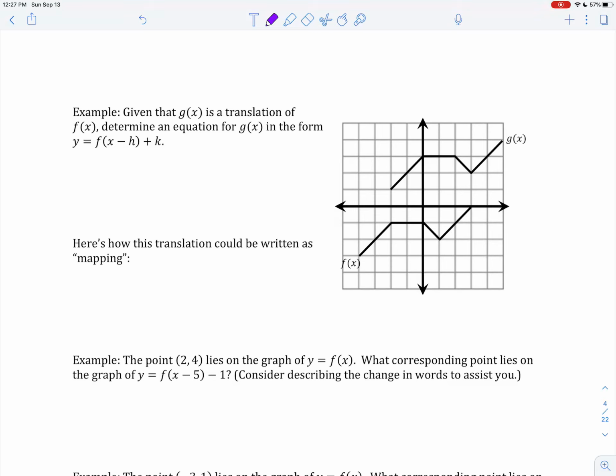Or other points that seem similar, like this point here turning into that point there. If I'm looking at this, I see we go up 4 and to the right 2. So if we go up 4, right 2,